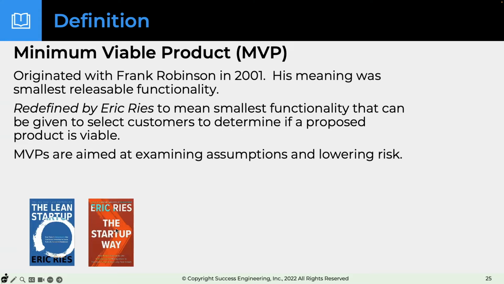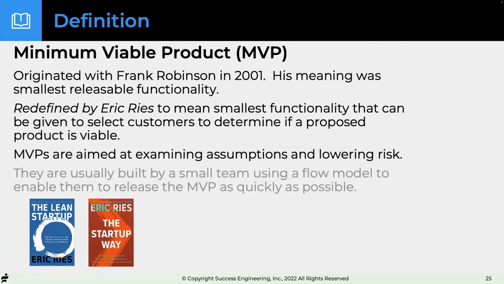Because in this book, you realize he projects and he talks about some case studies where what it's really about is all assumptions. How is the market going to take us? What are our assumptions on how we're going to promote it? What are our assumptions on how we're going to support it? A lot of it has nothing to do with the product itself. And I just love this book. I just think it's totally brilliant. I would read them both, but if you had one, I'd read The Startup Way. It's really brilliant.